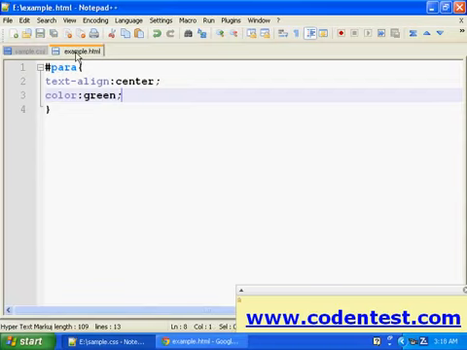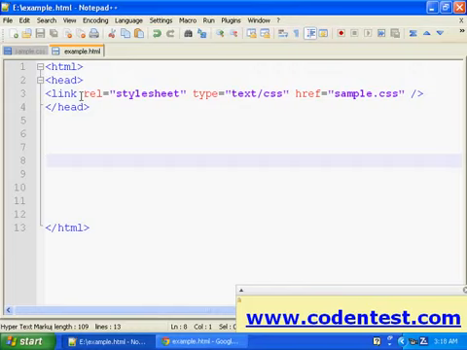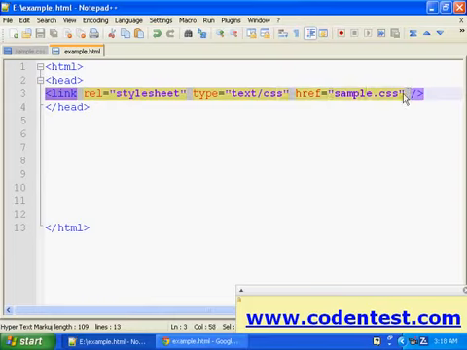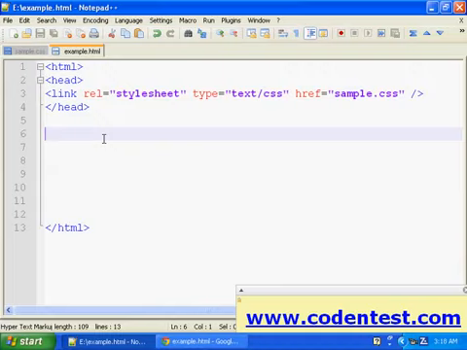And I have example.html, and we are calling that sample.css using link tag. Now let this be paragraph.